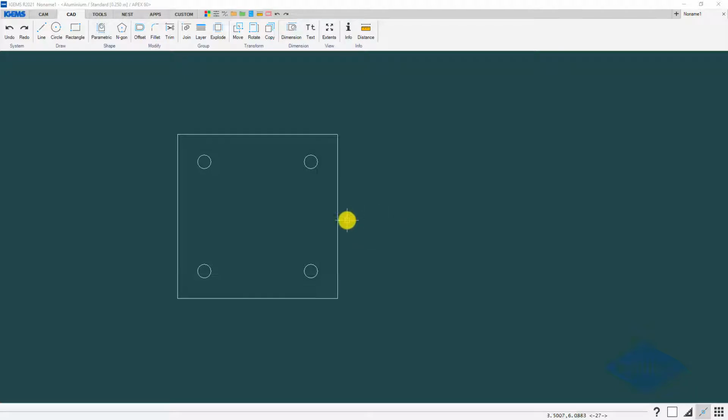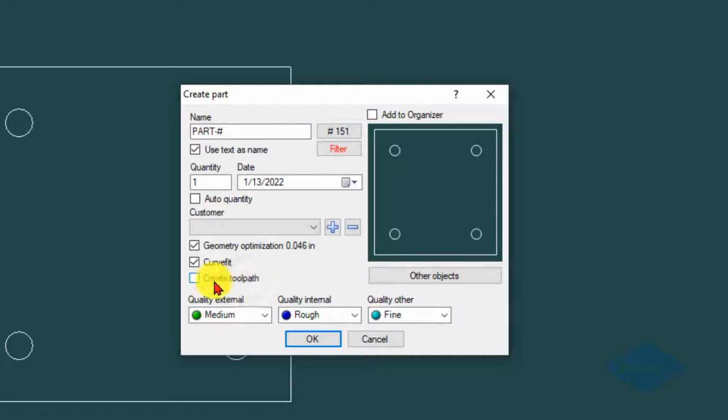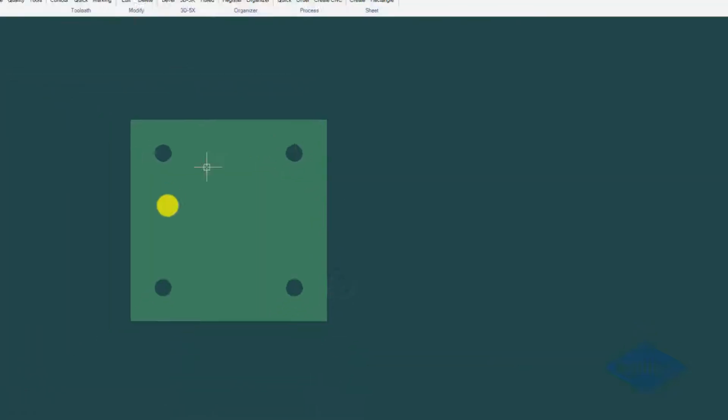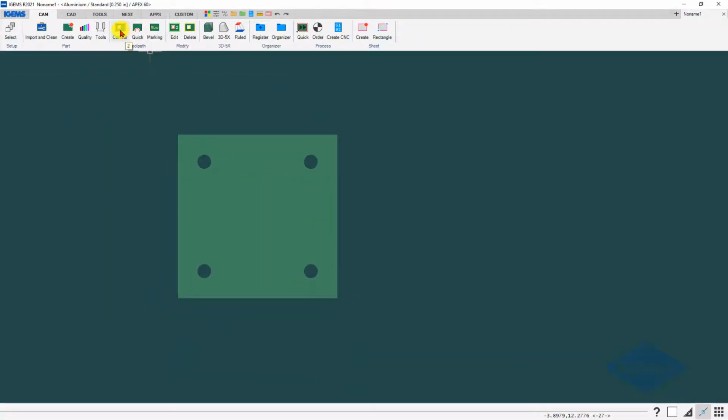I'll show you how to add tabs in both the 2D area and the 3D area. So let me go ahead and make a part out of this first. And first we'll do it in the 2D area. So I'm going to turn off the Create Toolpath box for right now. And so on the contour button,